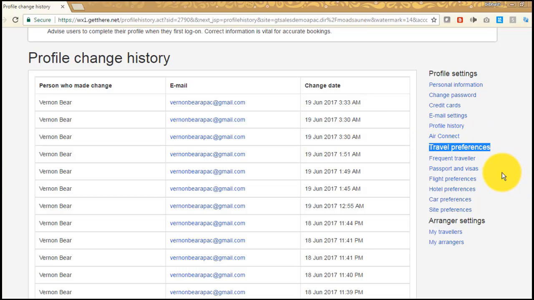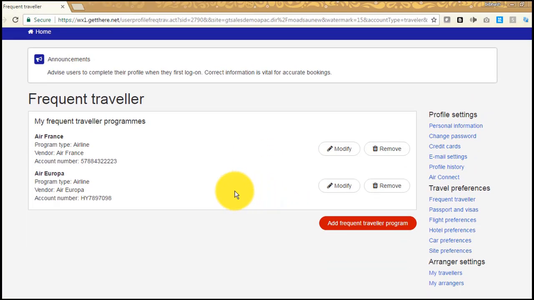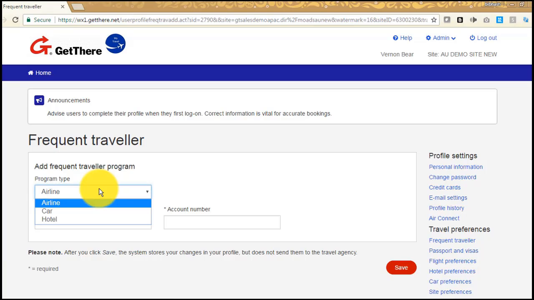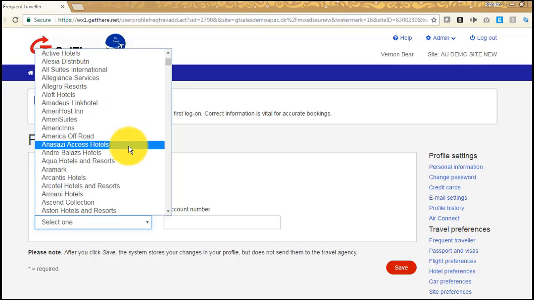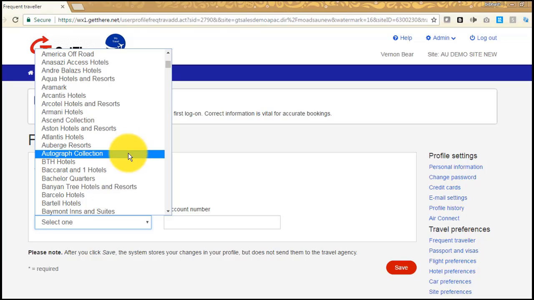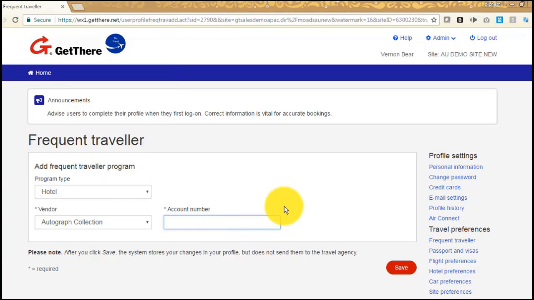Next I'll go under travel preferences. Under travel preferences, first is frequent traveler information. Here you can see I have already added 2 air frequent traveler programs, and it's pretty simple to add frequent traveler information. Click add frequent traveler program. Select the program type: air, hotel or car. After selecting, select the vendor for which hotel, airline or car vendor you want to add. After adding it, put the frequent traveler number here